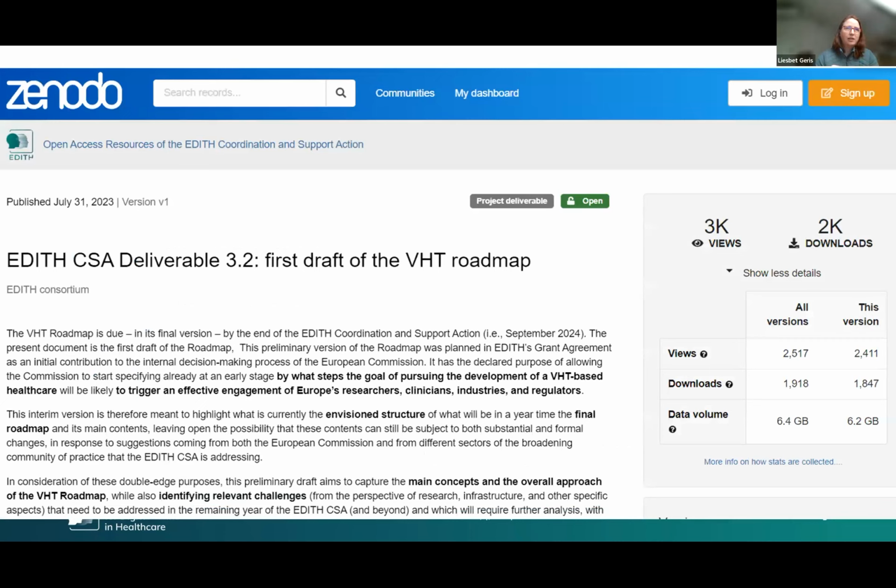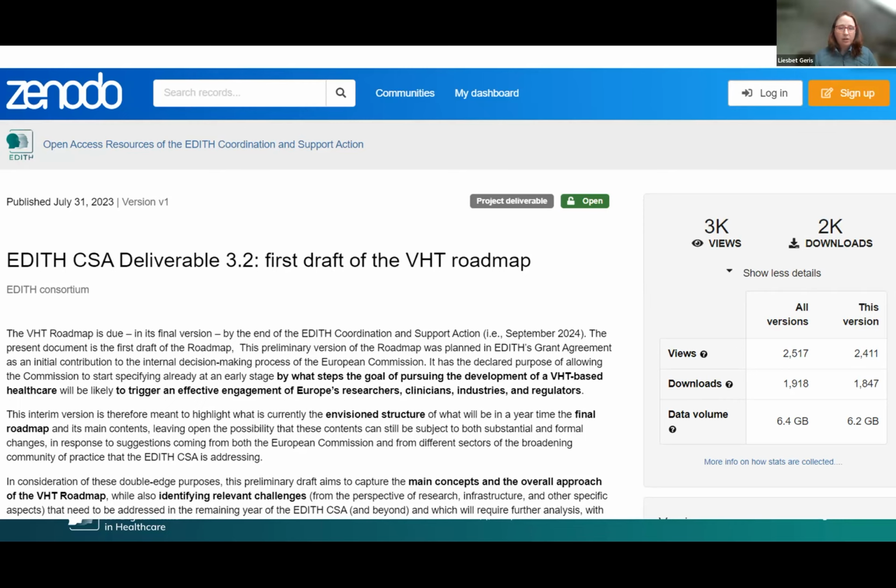All of this we have put together in a first draft of this vision and roadmap that was submitted last year. That was a 100-page plus document, not so reader friendly, but it gives a good overview of what we feel are essential elements that need to be addressed in the final roadmap. We established this as a consortium with experts, and then we went through several public meetings. There was a public feedback phase that led to this first draft, and that has been downloaded nearly 2,000 times. So people are really engaging with it.